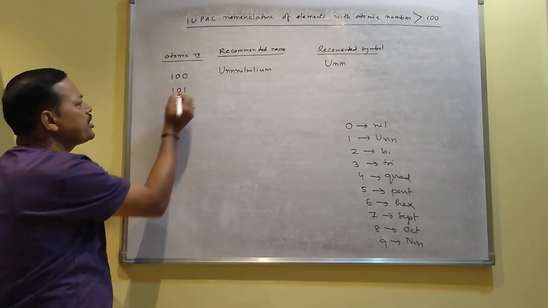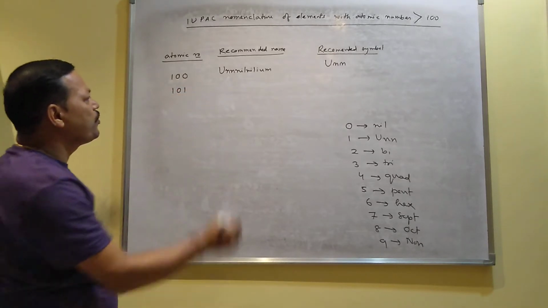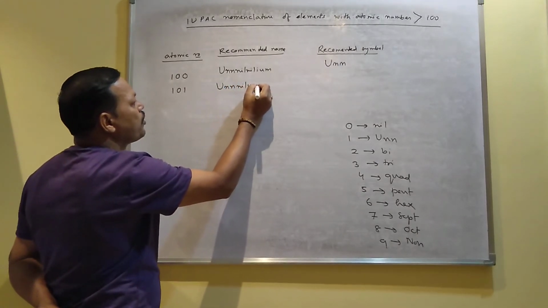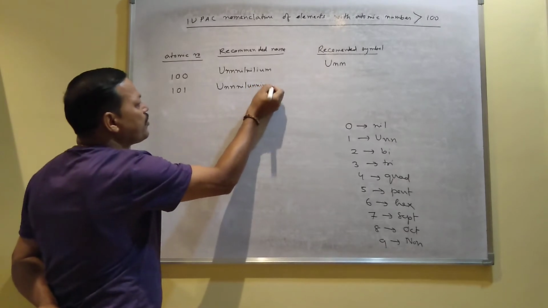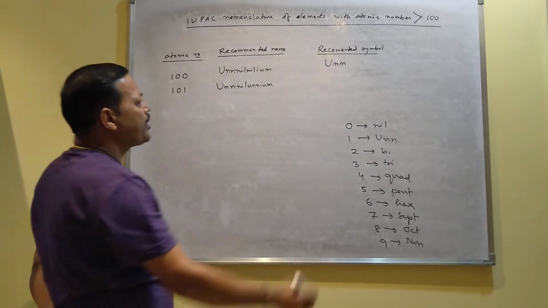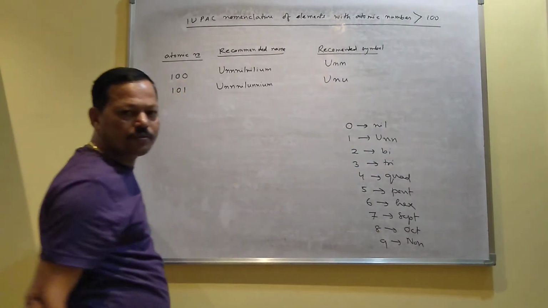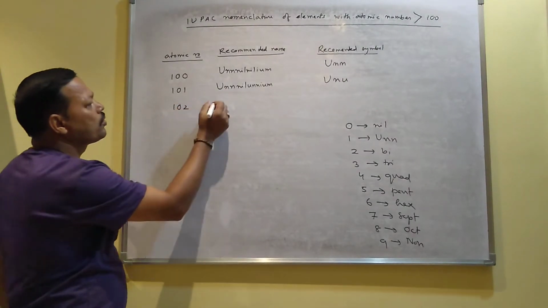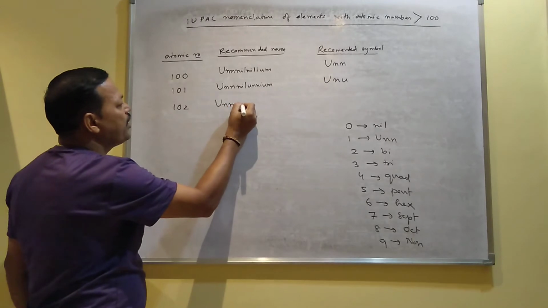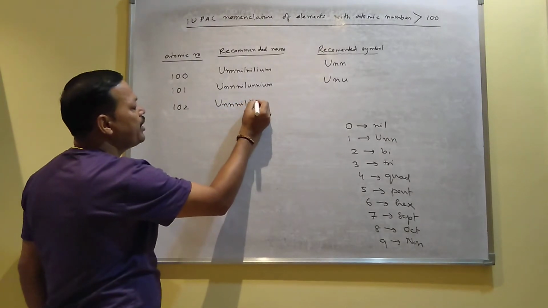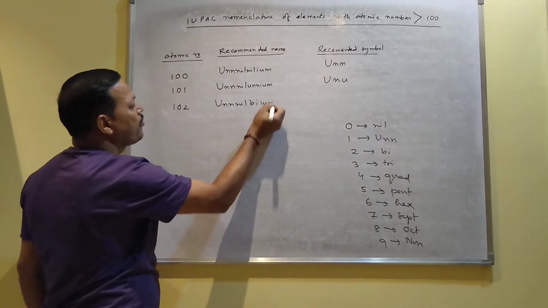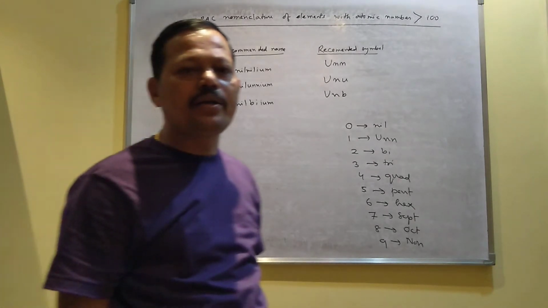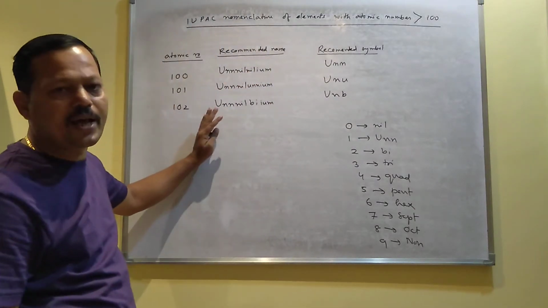Suppose the atomic number is 101. What about the recommended name? For 1 you use un, for 0 you use nil, for 1 again you use un, then ium. I mean unnilunium, and the symbol will be UNU. If it is 102, un for 1, for 0 nil, for 2 bi, and you use the suffix ium, unnilbium. Symbol will be UNB. So this is the process how to write the recommended name and recommended symbol for the element whose atomic number